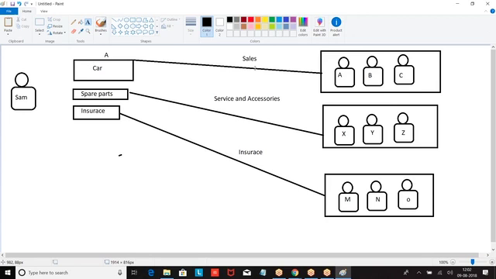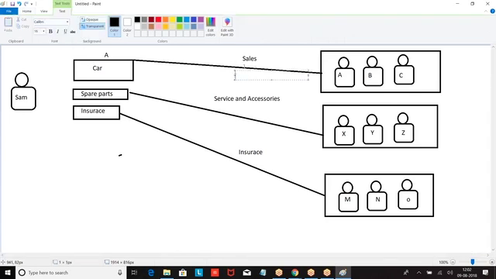Now the customer told me, boss, I want to purchase, let us say, a Creta vehicle, some XYZ vehicle, with every accessory fitted. I want a footer or rail, everything I want to put. I want some extra accessories and I also want the insurance. And I'm saying, boss, don't tell me separately, tell me what is the final price. Now the sales guy will not say, I will only tell about the car price. You speak regarding the accessories to this guy. No, it is not like that, right?